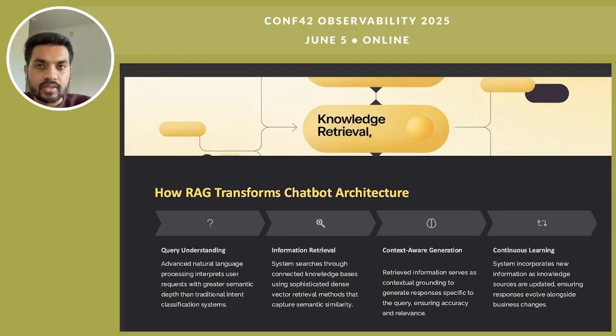Here comes RAG in the picture, and RAG shifts the paradigm by introducing real-time document retrieval as the very first step to response generation in the chatbots. The first step involves understanding the query the user has asked using advanced transformers with semantic embeddings. Later, the query is embedded via BERT or sentence transformers, then matched against a vector store like FAISS or Pinecone or Vespa to retrieve the top K passages.